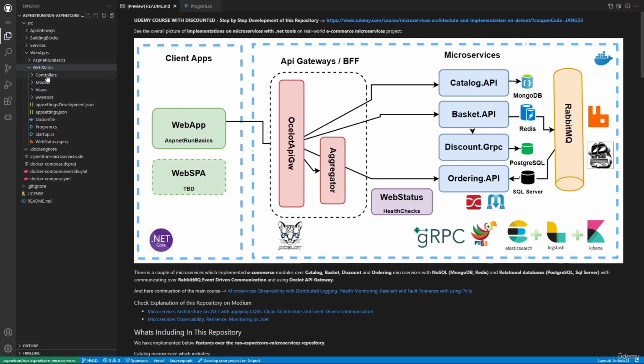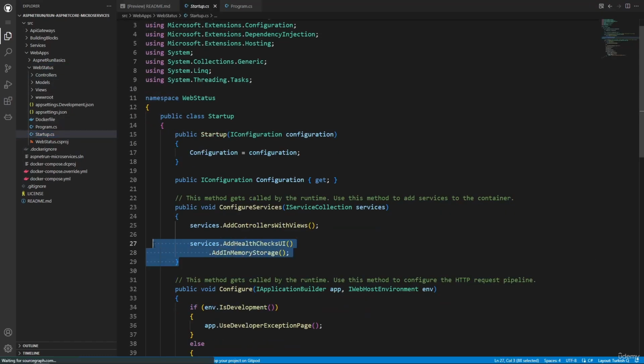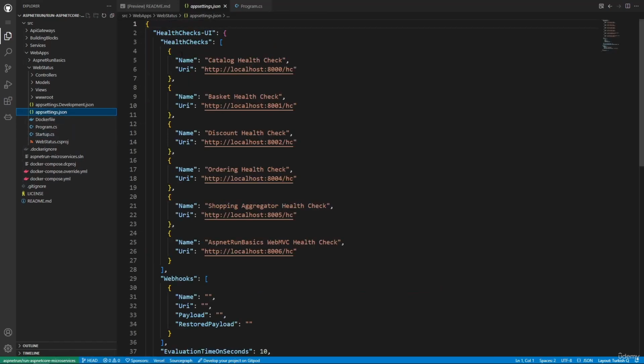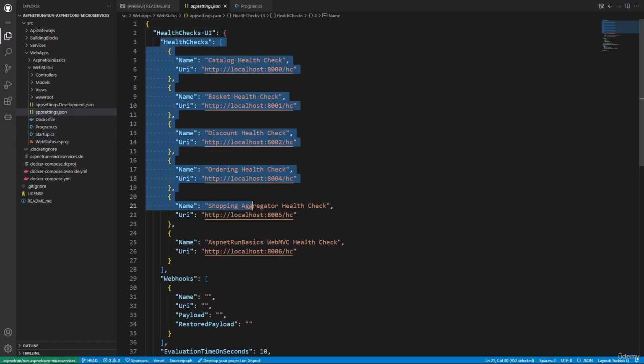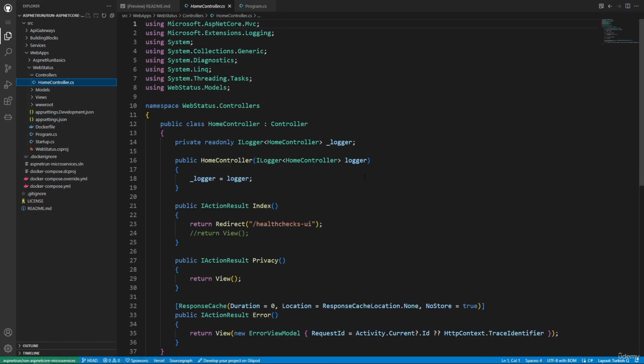You can come here and see that in Startup.cs we use ASP.NET AddHealthChecksUI, and in the application settings file you can see that we check every microservice's health check using the /hc URL,